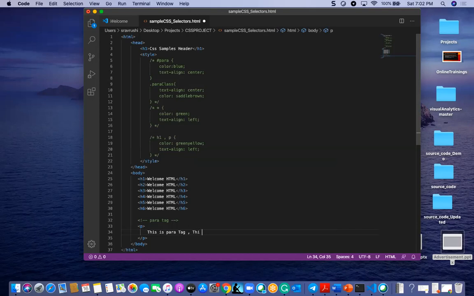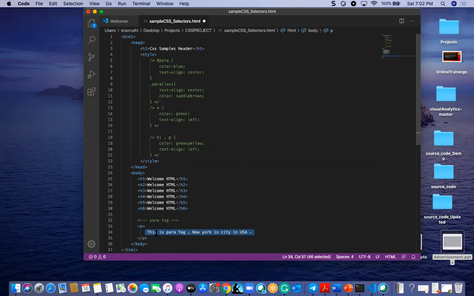This is about New York is a city in USA. Okay, so you can give some text here, you can give some information to this para tag.